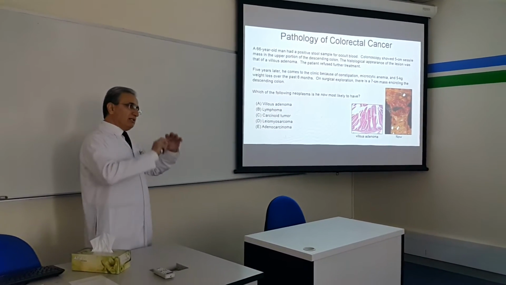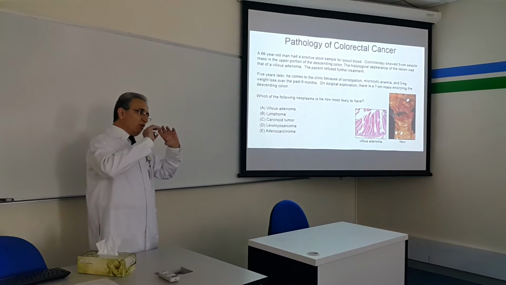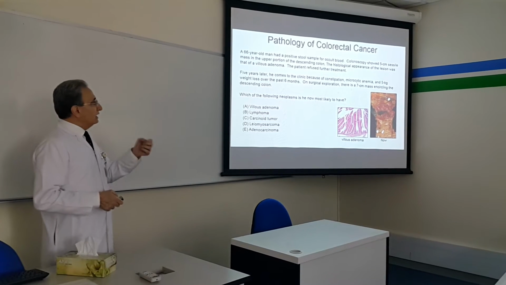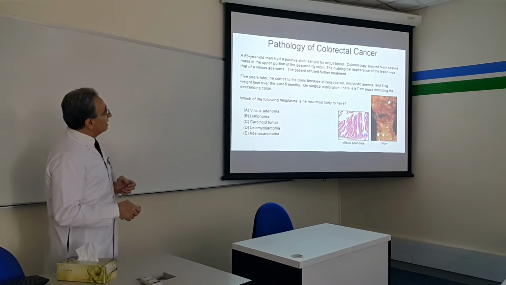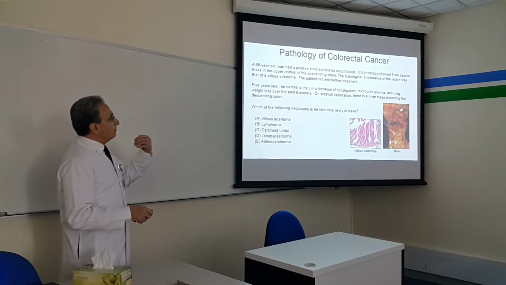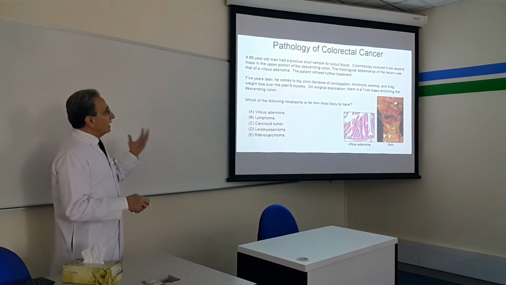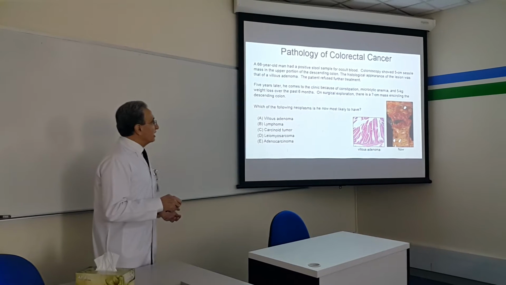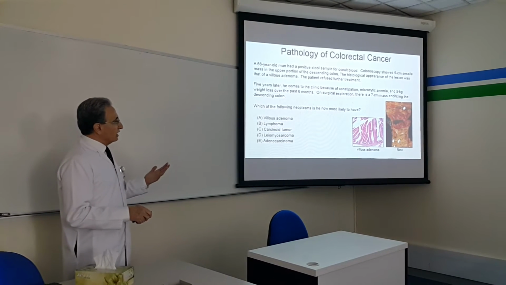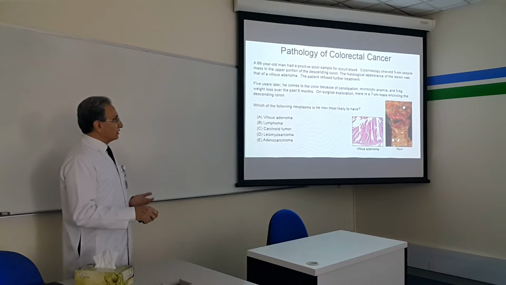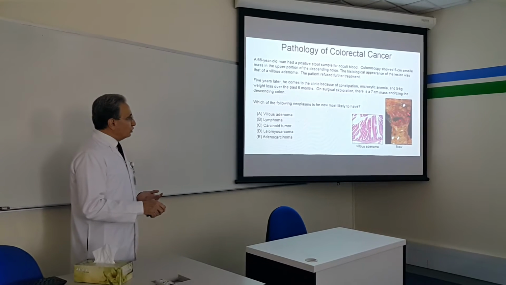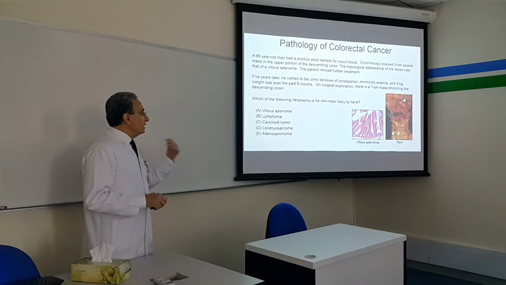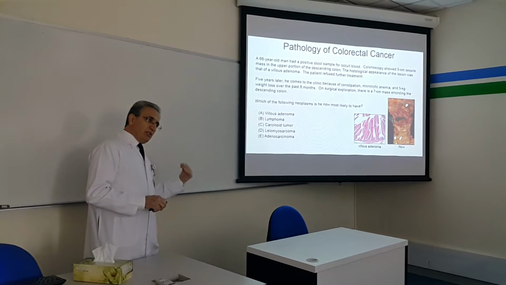Usually it involves the whole circumference of the colon and can block and lead to obstruction, and that's why the patient had constipation, and then because of the hemorrhage from the ulceration had anemia, and then weight loss also over a period of time, and we've seen this ulcerating circumferential tumor,